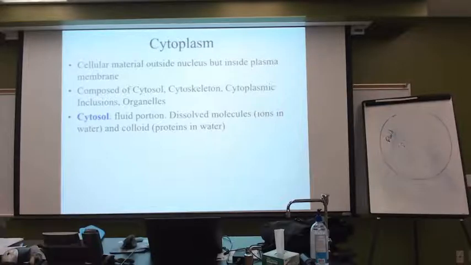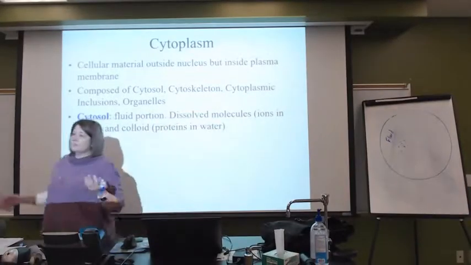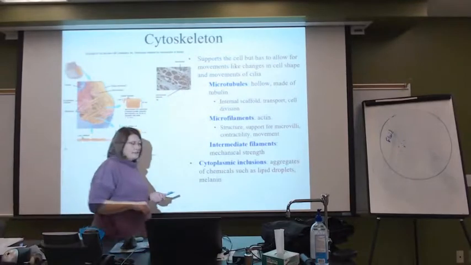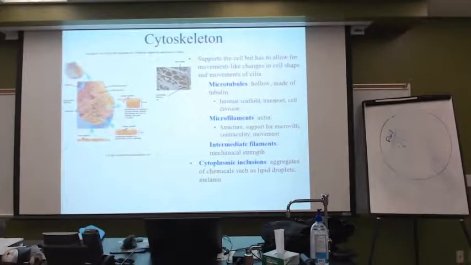It's giving an environment for the organelles to be existing in, for materials to be existing in, the cytoskeleton to be found, cytoplasmic inclusions like little vesicles, for example, and our organelles. So everything gets to kind of float around in this fluid part inside the cell. That's our cytoplasm. The cytoskeleton, just like the name implies, is a structure of, and guess what? Protein